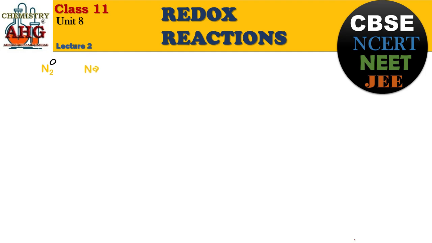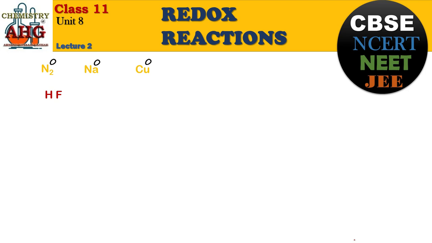Whenever there is an element that is monoatomic, its oxidation state is zero, like monoatomic sodium, like monoatomic copper, like all the noble gases, they are monoatomic, they don't make any bond. When they don't make any bond, their oxidation number, oxidation state is zero. Next comes, now if you have been given some diatomic molecule. What is a diatomic molecule? That is made up of two atoms.